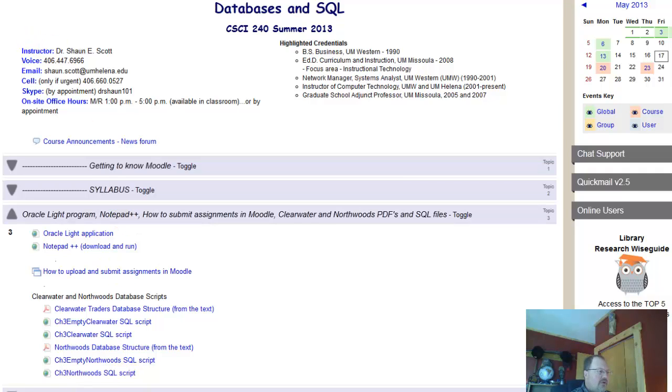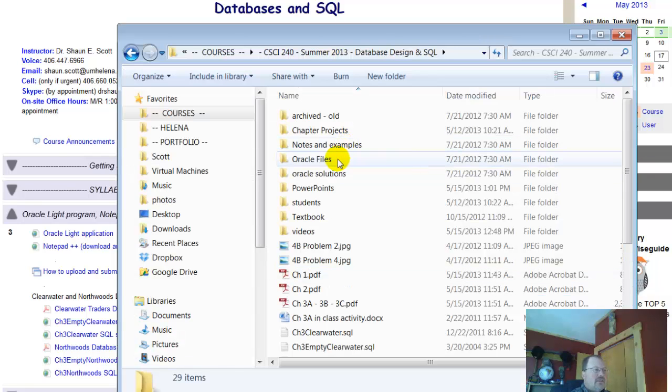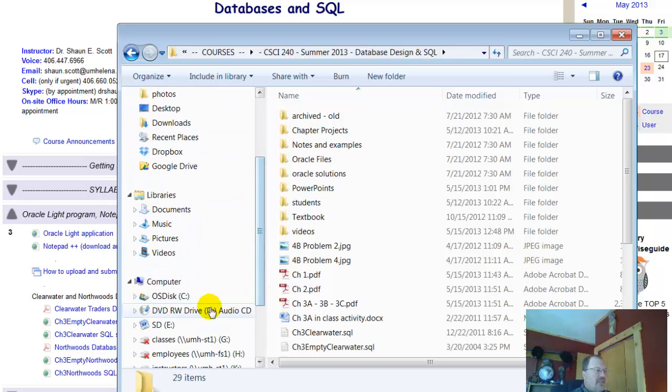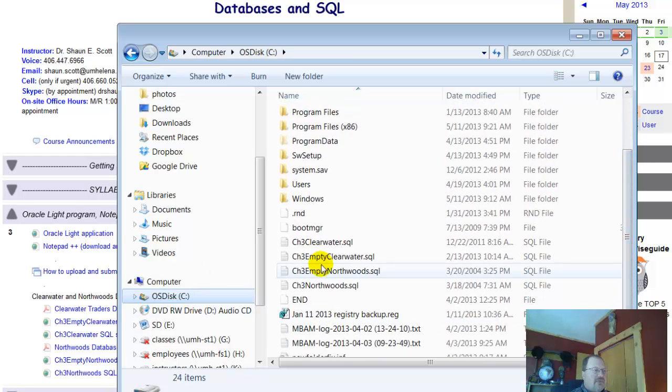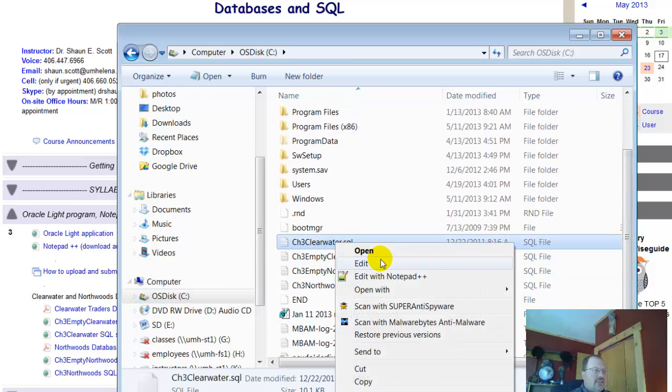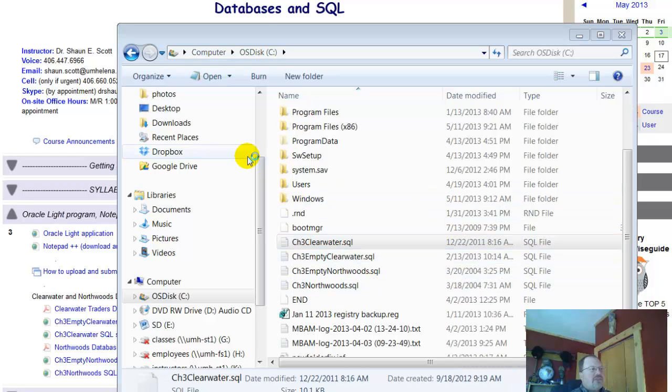So if we were to go out and then look at these scripts, I'll go to Drive C because I put them out here on Drive C just like we've done. And if I right-click and edit on Chapter 3 Clearwater, what I'll see as soon as that loads is